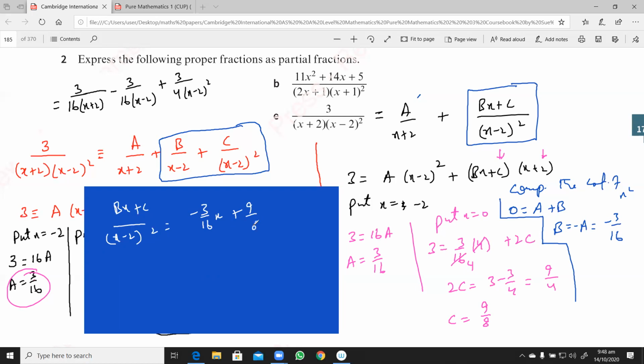This is 9 over 8. If you quickly take the LCM, the LCM is 16, so this will be minus 3x plus 18 over 16 into x minus